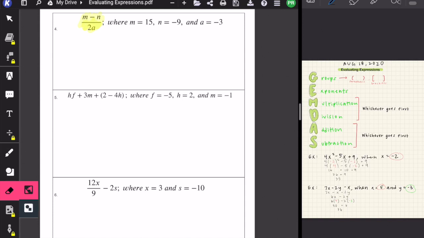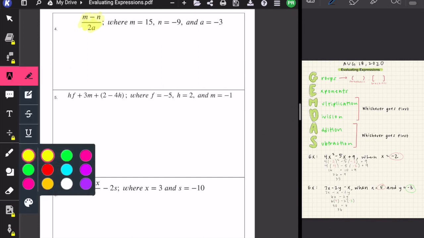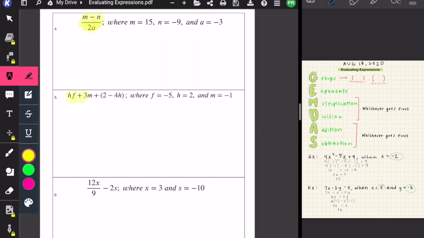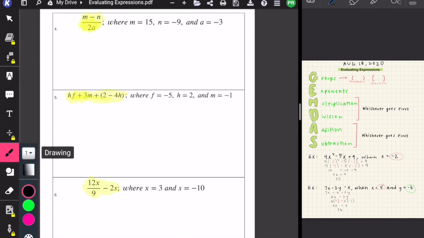Anyways, here we go. I'm gonna go ahead and re-highlight our expressions, okay? Because these are the expressions and they got unhighlighted. So these are the expressions that we're dealing with right now. Okay, so let's get started. Right here on number 4, I have